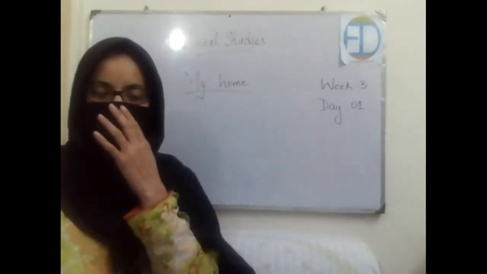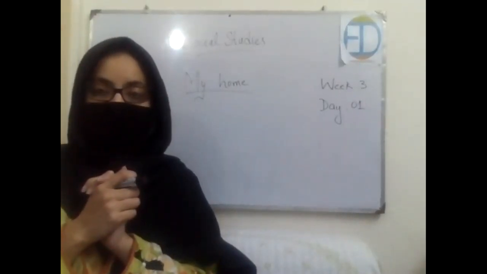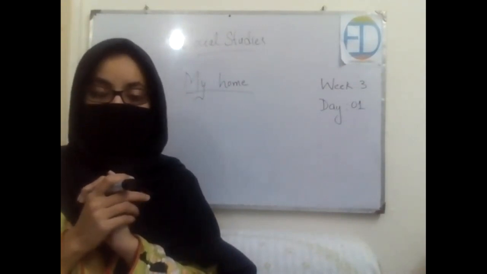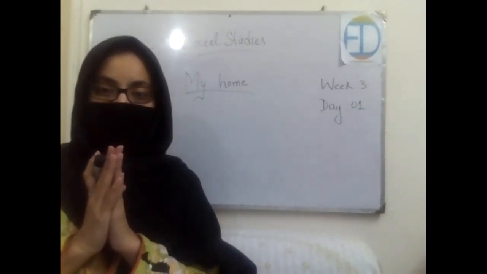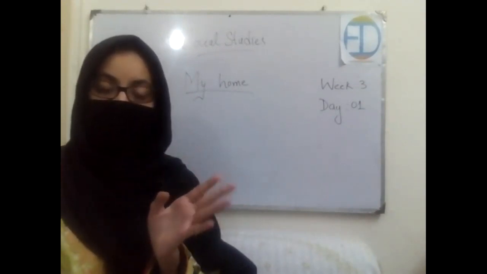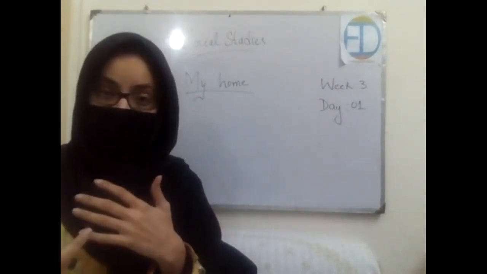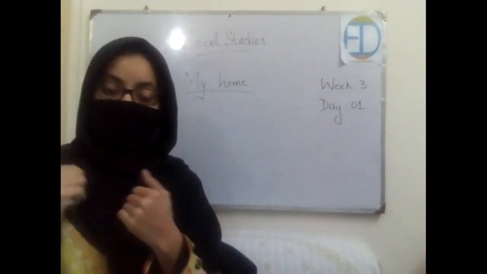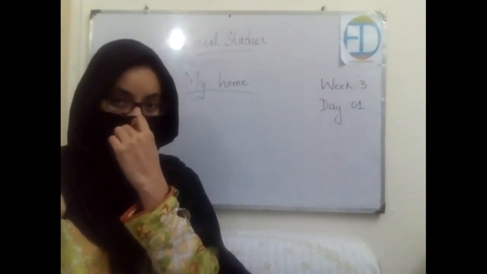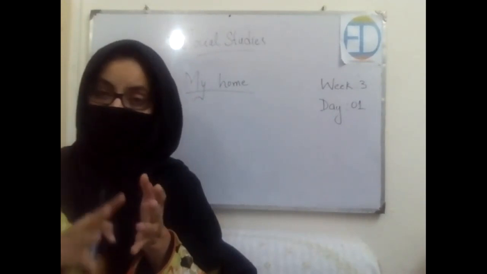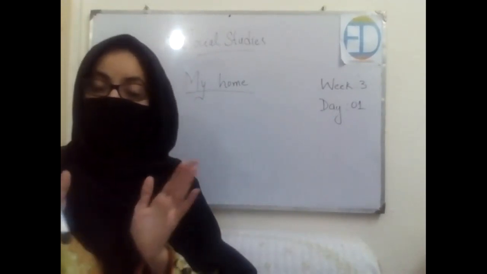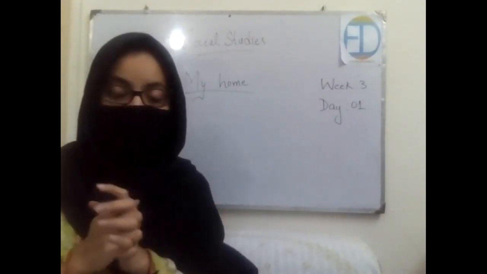Okay, so you have seen the video. There was this boy in the video who showed you his beautiful house, and in the same way, you can describe your house as well. He started from the very beginning, from the entrance. First he showed you the garden in front of his house, then the entrance gate, then there was a living room, a family room, then a bedroom. He showed you his washroom as well where he washed his hands, then there was a kitchen, and he showed you a full tour of his house, right?